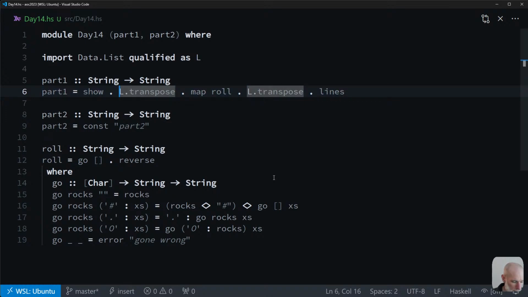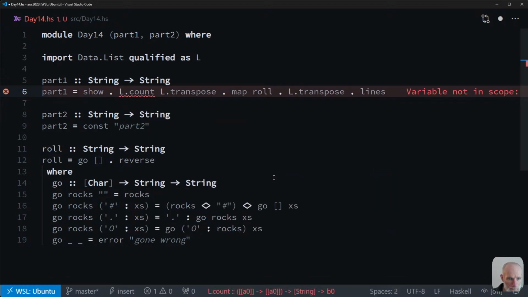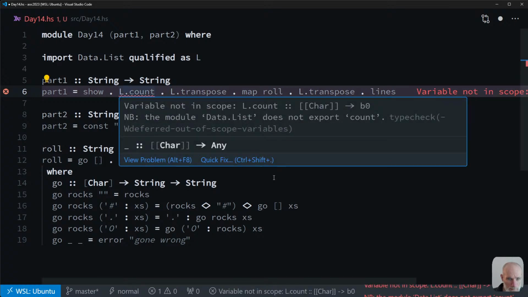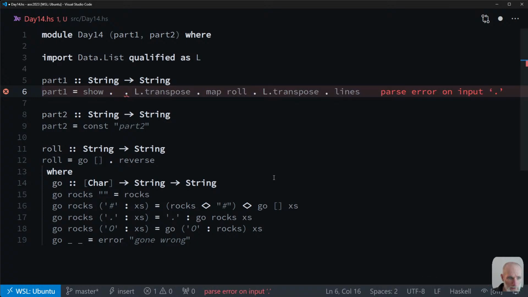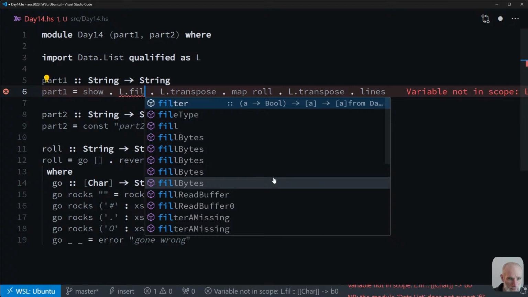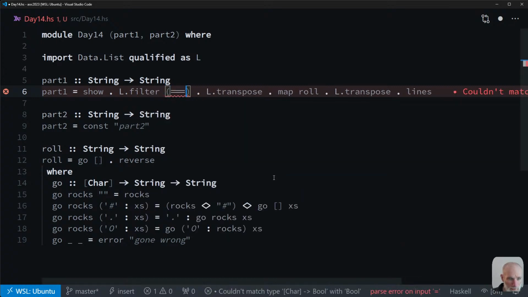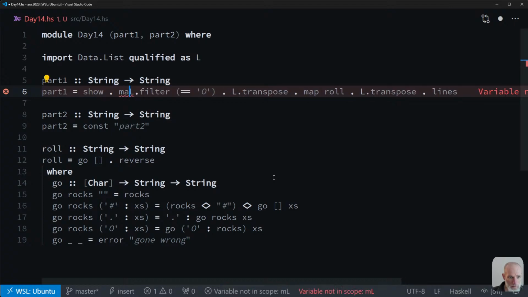So what's it going to be? That's going to be, is there some kind of count? Nope, there's nothing in list that does counting for me, so I'm going to have to do L dot, I could do filter of equals O. I need to map that